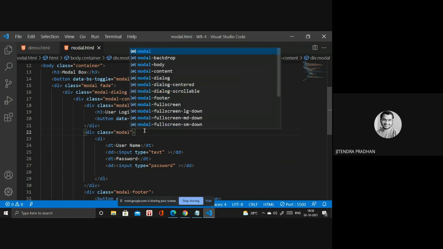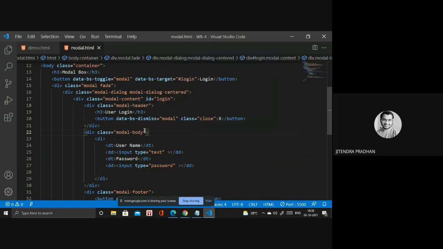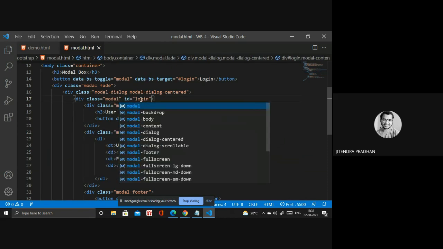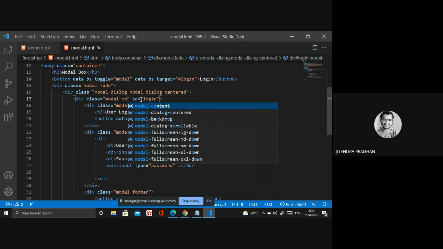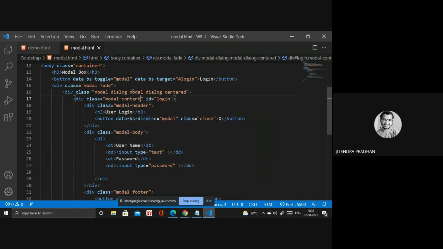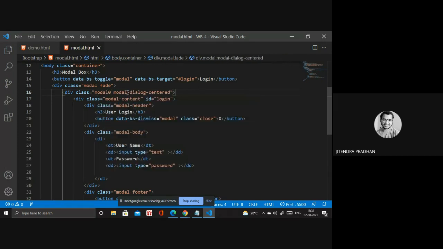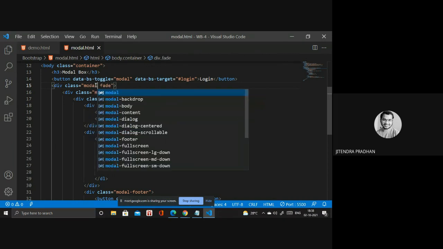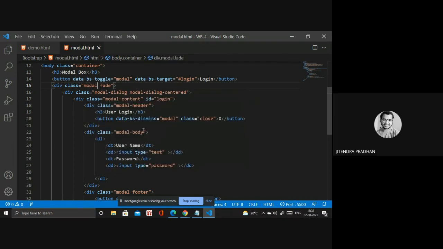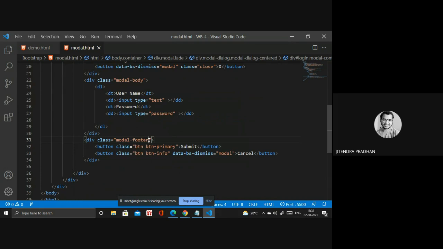Modal body and we have modal content. If you write something with a spelling mistake, it's not working inside that. Modal dialog. Modal. Okay, so we are adding modal footer as well, right?